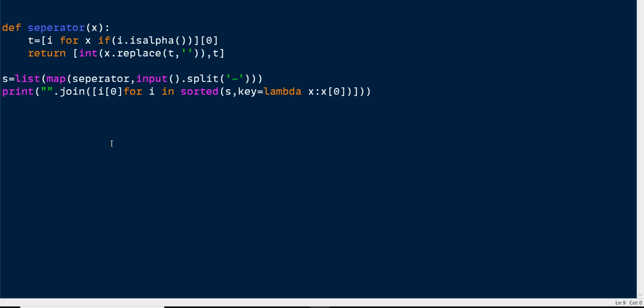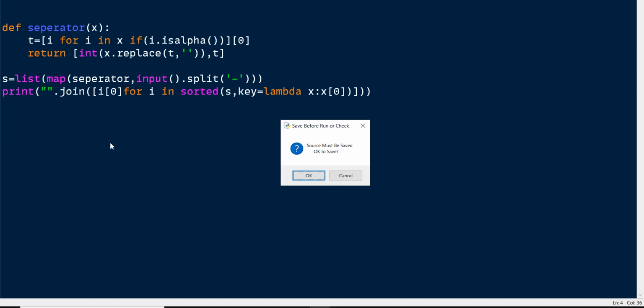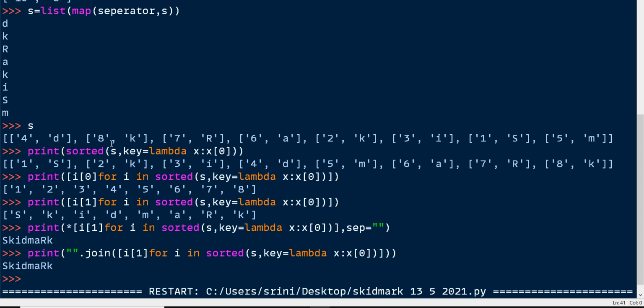If I run this program, we'll get invalid syntax. That's because of the for i in x. Yeah, now we should have this output.